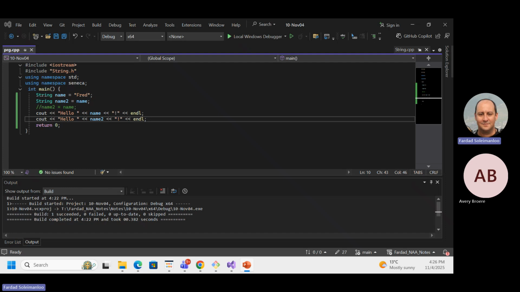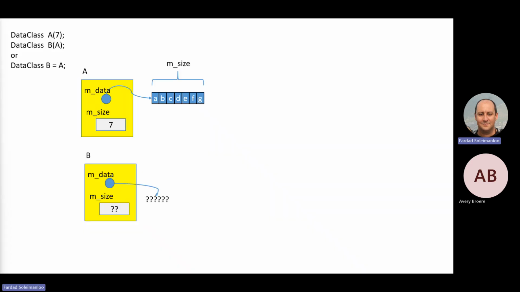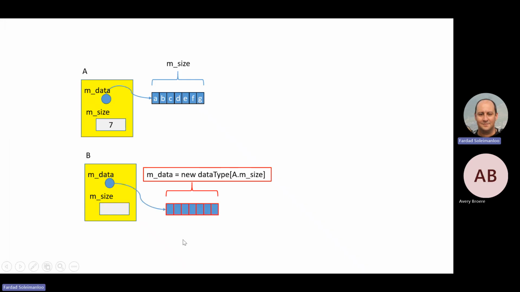So for the assignment, for example, let me see which one I'll bring first. I'll bring the copying first. The good way of copying is that you take a look at what's happening here. When the action of copying is happening, you have to actually measure and see what is the size of the other one. Allocate the memory. Then after allocating the memory, you have to copy everything you had in the other one into this one.